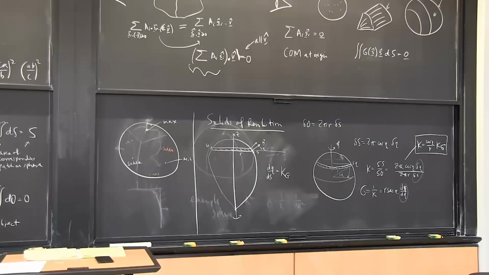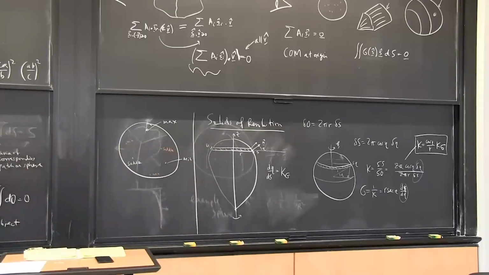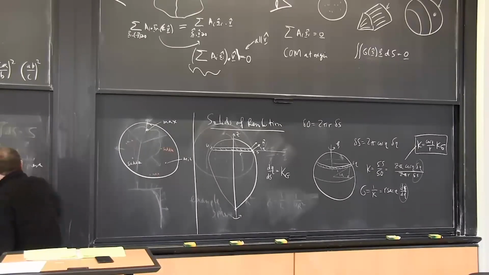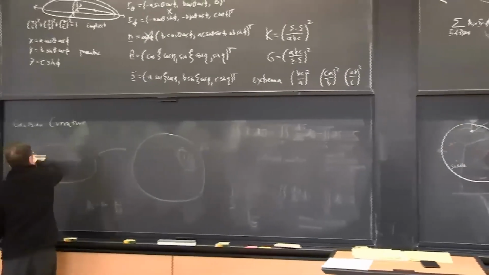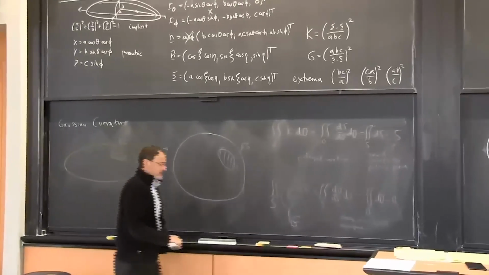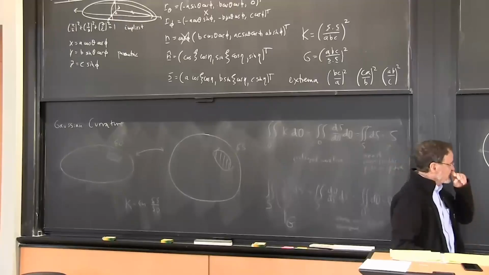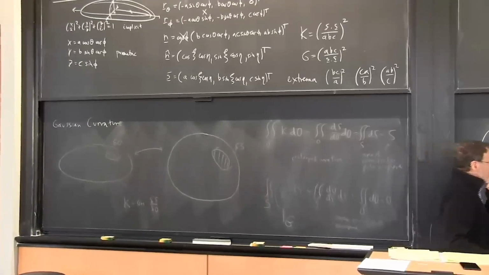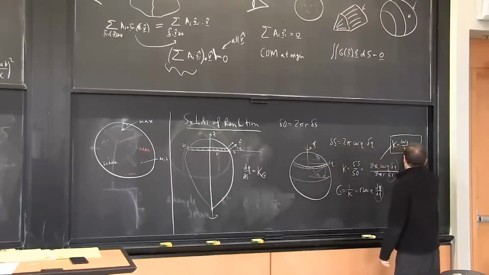The important thing to see is that we use the same idea all along, which is that the Gaussian curvature is the ratio of those two areas. We just need to find corresponding patches and measure their areas. Okay. Now, that's one way of expressing it if we know kg, but